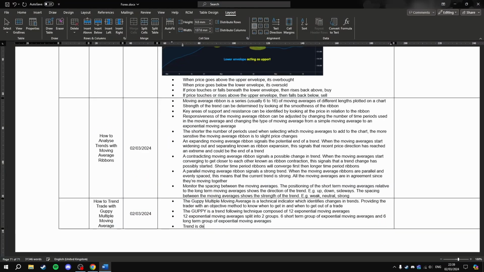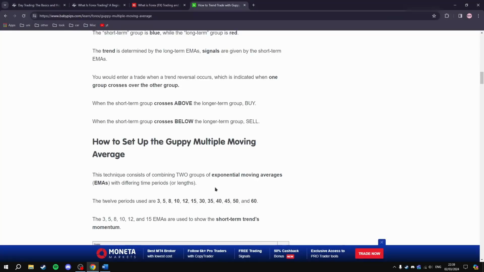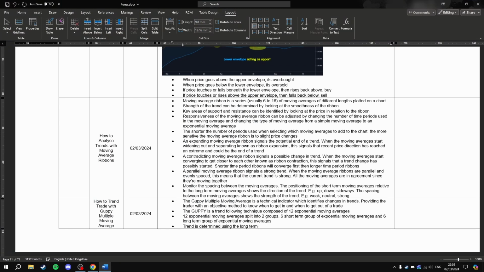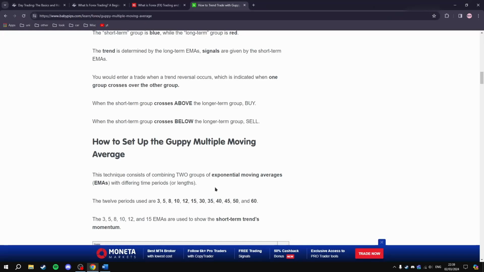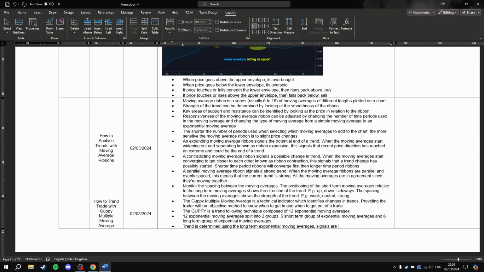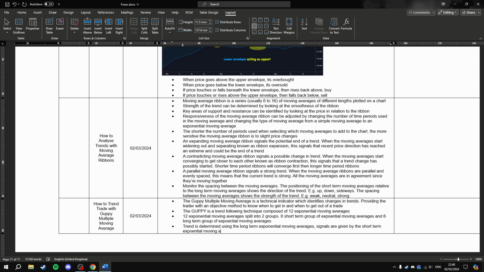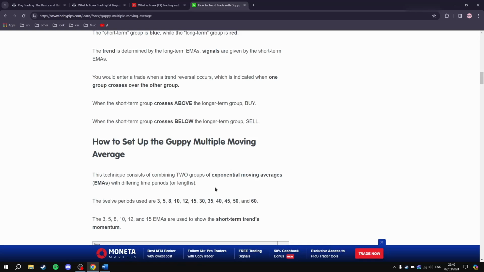So trend is determined using the long-term exponential moving averages. Signals are given by the short-term exponential moving averages. You would enter a trade when a trend reversal occurs, which is indicated when one group crosses over the other group. Okay,